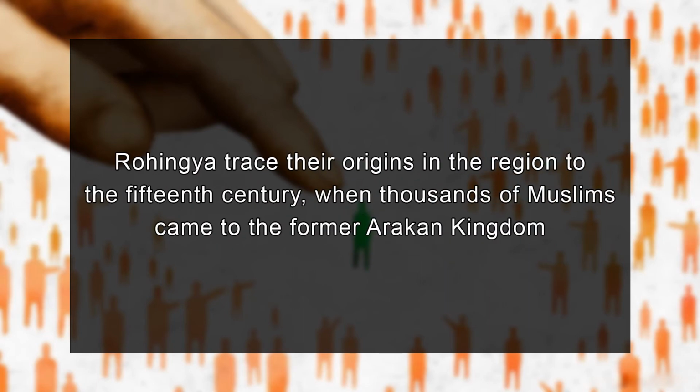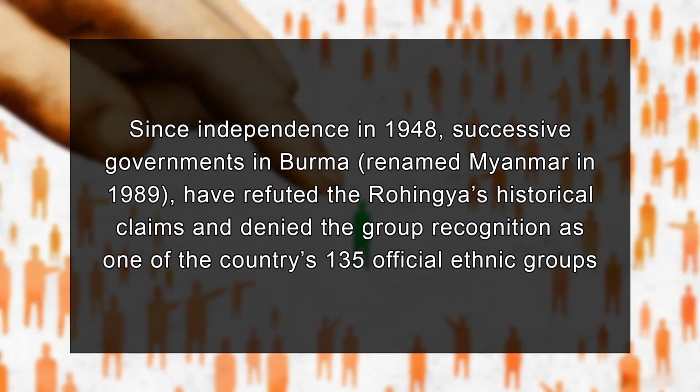The Rohingyas trace their origin in the region to the 15th century, when thousands of Muslims came to the former Arakan Kingdom. Many others arrived during the 19th and early 20th century, when Rakhine was governed by colonial rule as a part of British India. Since independence in 1948, successive governments in Burma, which was renamed Myanmar in 1989, have refuted